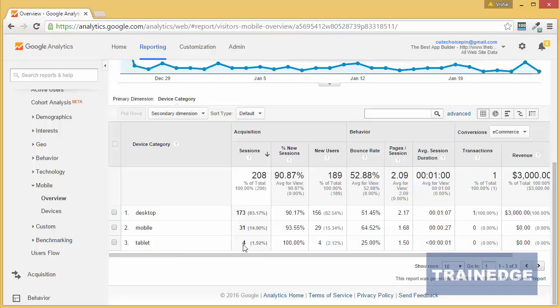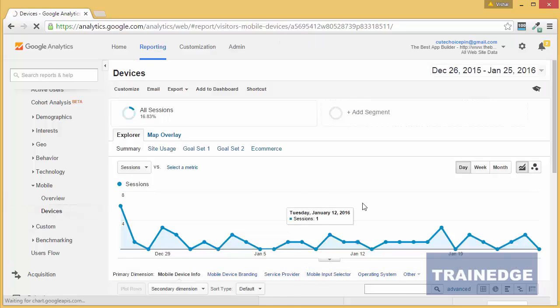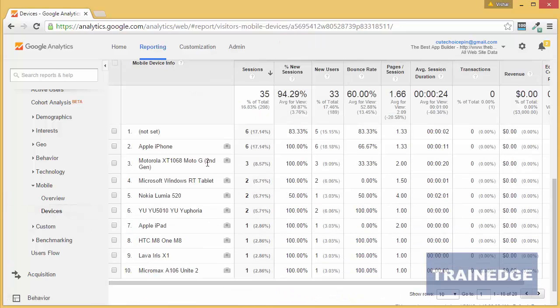You can also look at the different devices that people are using to access. You can look at these reports to make sure that your site is compatible with the devices that people use to access your site.